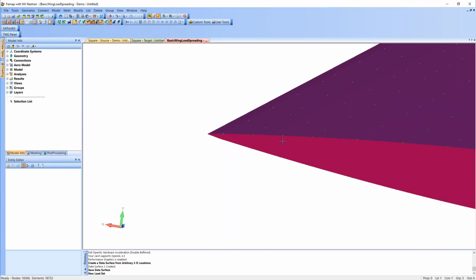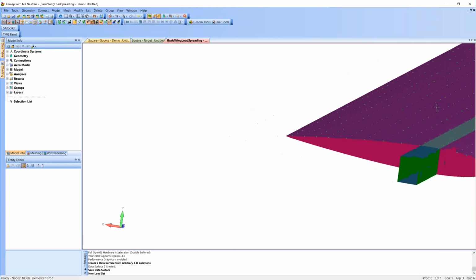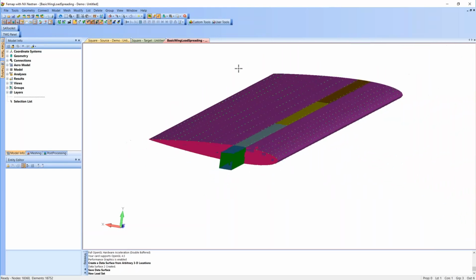So for this method here, it really would have been best to split up the load, only apply the upper surface points to the load on the upper surface, and then the same thing for the lower surface, where we're only applying the pressure on the lower surface from the points directly mapping to the lower surface. So if we go back into PowerPoint,